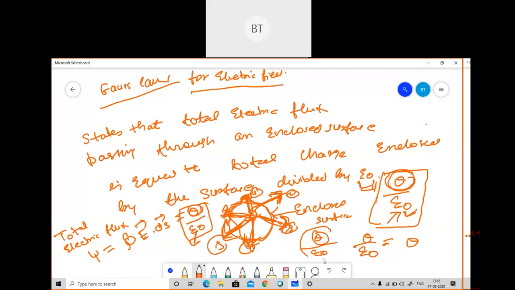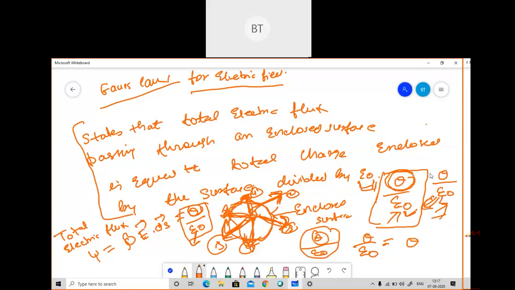So this is the physical definition of Gauss law, and the formula for Gauss law also. So do not get confused. Only learn this thing: Gauss law is equal to Q by epsilon naught. By this only you can derive this definition. So just remember this, Q by epsilon naught is equal to the Gauss law. Phi is the total electric flux, and Q will represent the total charge inside that surface. So this is all about Gauss law.